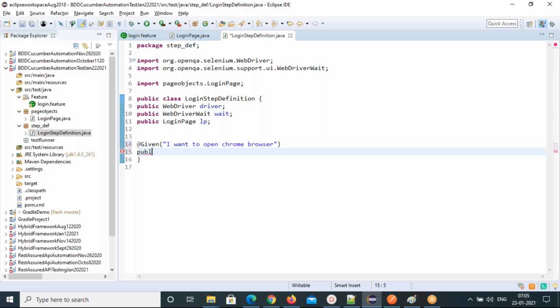Then write a Java method, public void, and exactly this you can join with underscores. Each word you join with underscore.